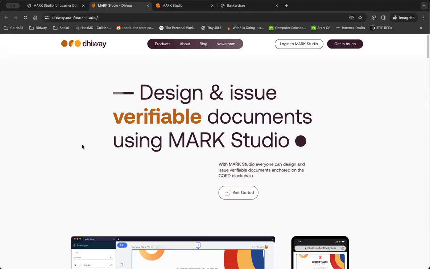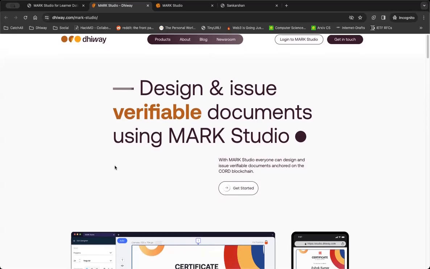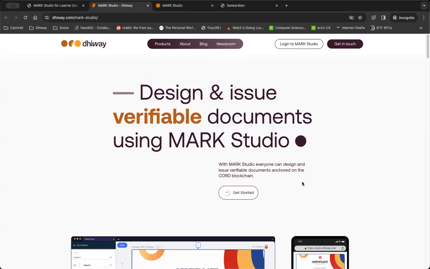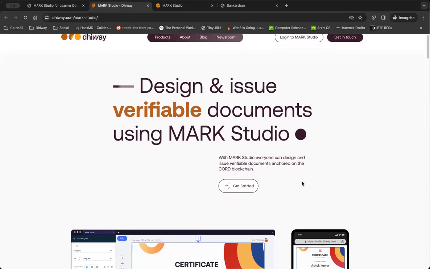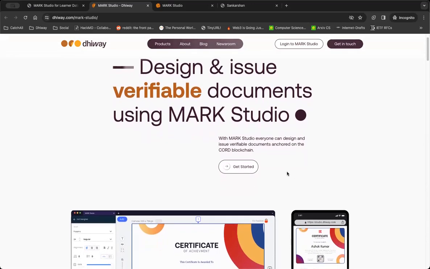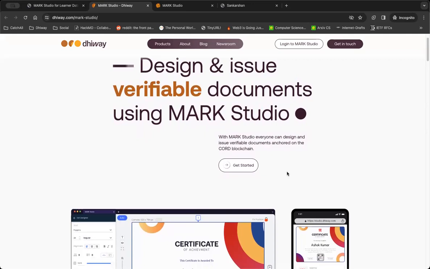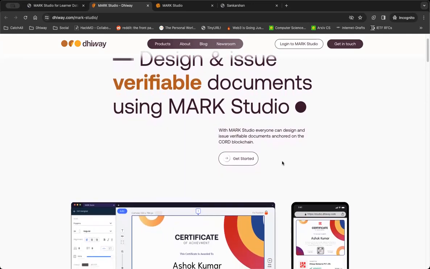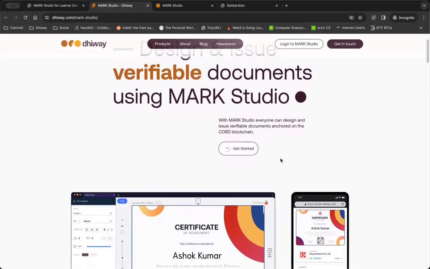Hi, this is going to be a quick walkthrough of the verifiable document lifecycle management system from Dhiway called MARKstudio. MARKstudio enables any organization or an administrator, any individual, to essentially create a design for a verifiable document that they want to issue. MARKstudio comes inbuilt with around 60 plus templates, so you are not actually starting from scratch